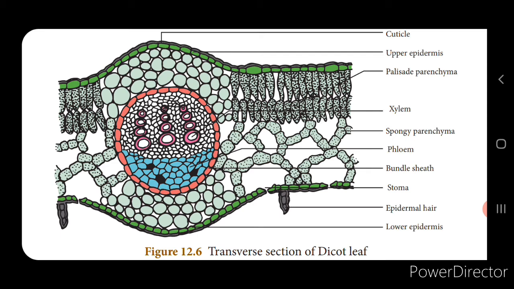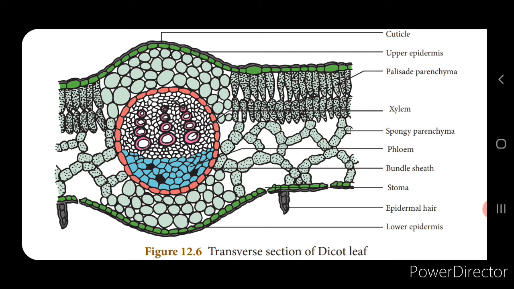And the upper epidermis consists of the cuticle. That is, it is covered with a waxy substance above the upper epidermis, and this upper epidermis is a single layer of cells, and these are very closely packed with one another. There is no intercellular space between the parenchymatous cells in the upper epidermis, and the cells are closely packed, isn't it? So the stomata will be fewer in number in the upper epidermis.